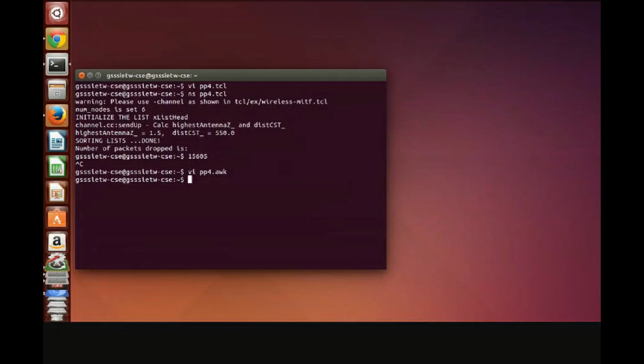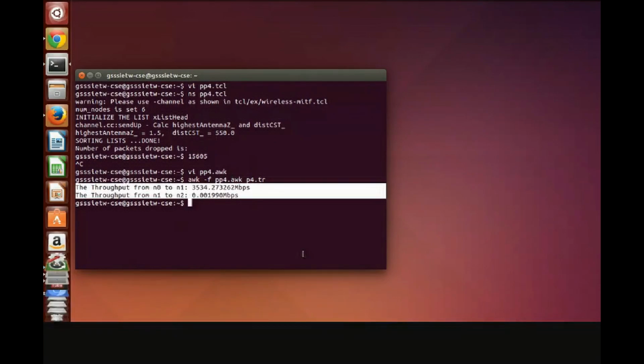Just observe carefully how to run this one. The command is a little different. You need to type awk space -f space pp4.awk p4.trace. Just observe that command. So you are giving the awk file as well as the trace file as input, and after that you get the throughput of n0 and then n1.